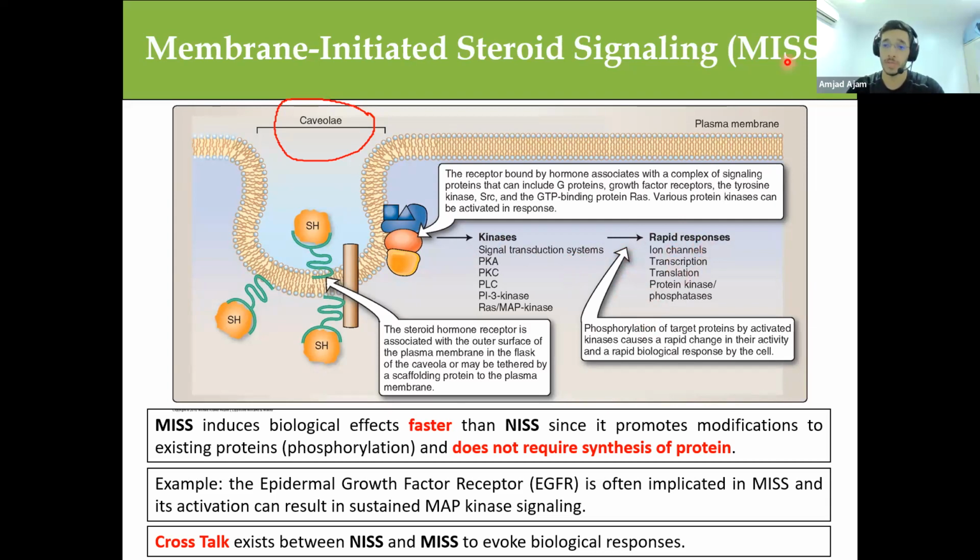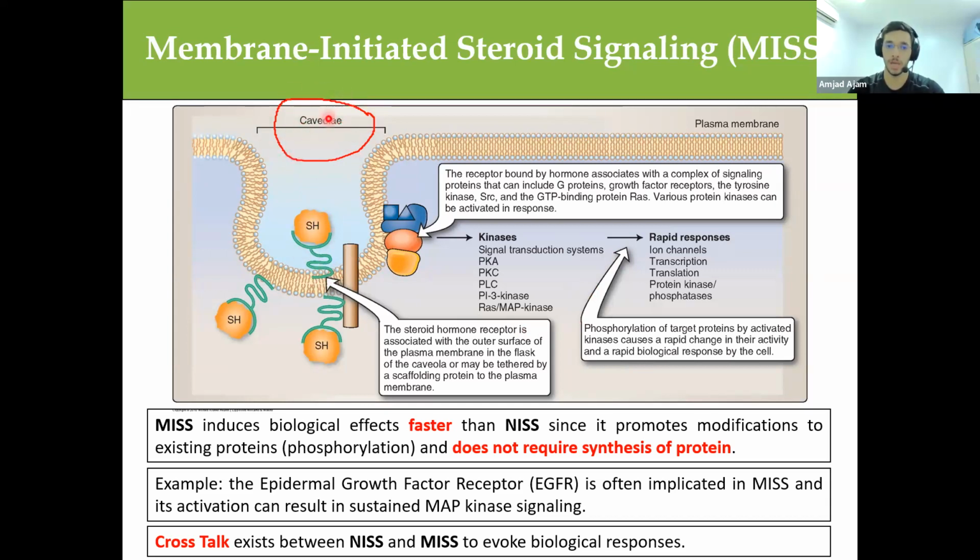And this is the whole idea of MES. We have a steroid hormone binding to the receptor on the plasma membrane, activating signaling proteins like G protein, growth factors, and so on, that will lead to the activation of kinases, and those kinases will phosphorylate molecules that will induce a rapid response. Just know that the steroid hormones bind to the MES, or the membrane-initiated receptor on the membrane, at the caveola, because there is a past question